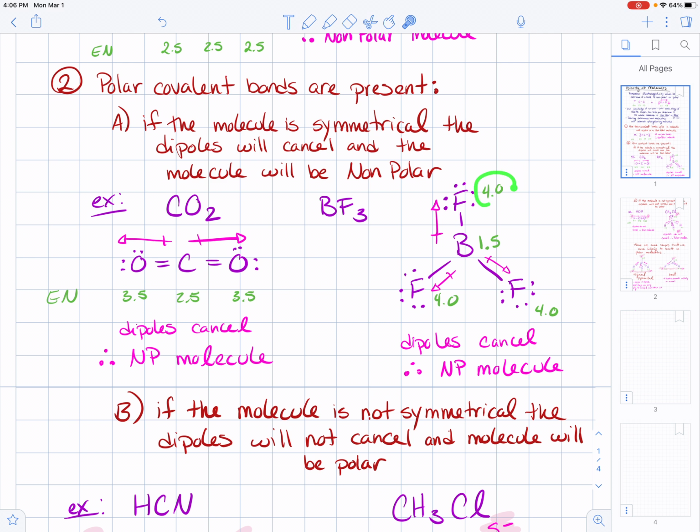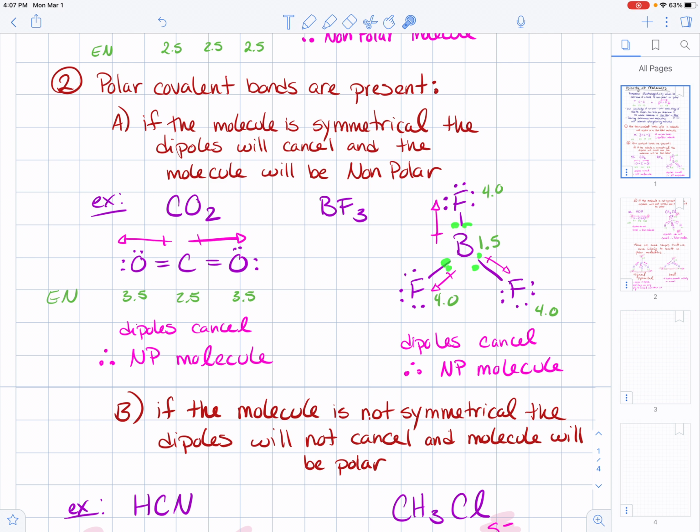So even though fluorine has a much, much higher electronegativity than boron, this fluorine is pulling the electrons in this direction. Again, sort of like a tug of war. This fluorine is pulling in this direction, so slightly down and to the left. This fluorine is also pulling down and slightly to the right. And because all of these fluorines are pulling with the same amount of strength,